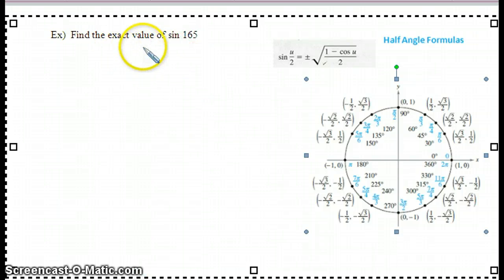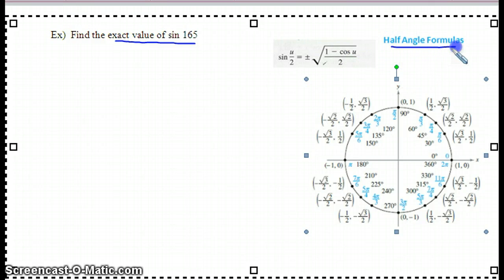Looking at this problem, we've done problems like this before. I've asked you to find the exact value of the sine of 165 degrees. Because 165 is not on the unit circle, in the past we would come up with two angles that we either add together to get 165, or subtract to get 165. I could definitely use the sum and difference formulas for sine, cosine, and tangent to do this. But I want to show you another way that we can do it, which is by using the